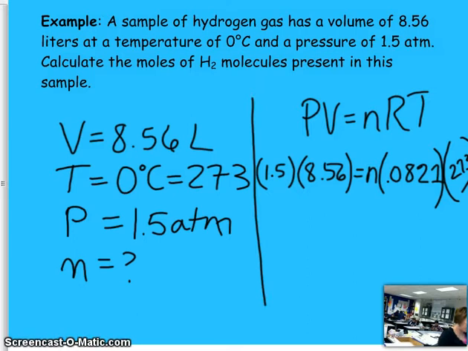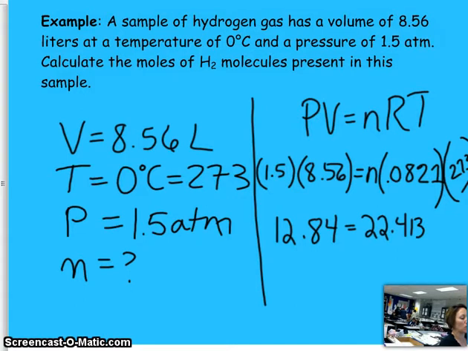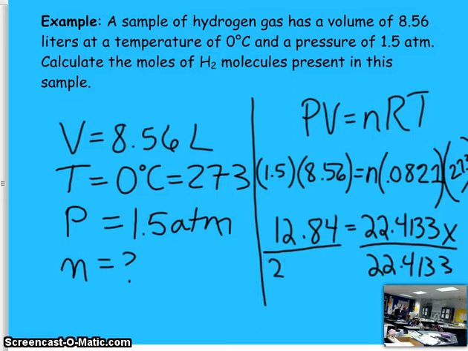So 1.5 times 8.56 is 12.84, equals 273 times 0.0821, which is 22.4133x. Divide this side by 22.4133 and this side by 22.4133. And so the number of moles of gas present